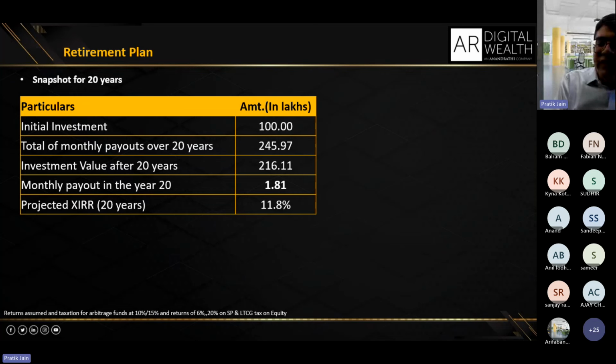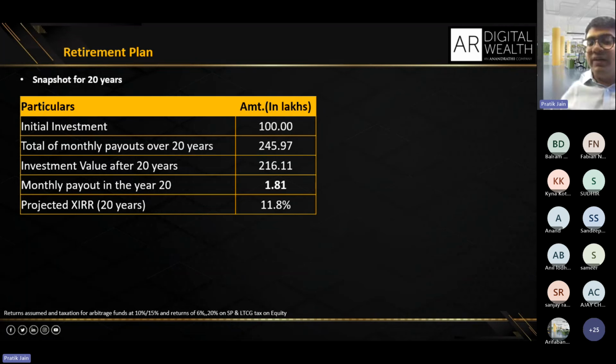Even after withdrawing 2 crore 45 lakhs, investment value उसकी कितनी है 20 साल के बाद? 2 करोड़ 16 लाख, मतलब उसने डाला था 1 करोड़, 20 साल में उसने 2.5 करोड़ कंज्यूम भी किया है, उसके बाद भी 2 करोड़ रुपया आज भी उसके पोर्टफोलियो में वैल्यू है। उसकी मंथली आउटगो इन द 20th ईयर, मतलब स्टार्ट किया 50,000 से, बट मंथली आउटगो इन द 20th ईयर इज 1,81,000, मतलब हर महीने वो 1,81,000 निकाल रहा है। Even after that his portfolio value is 2 crores, his pay out over the first 20 years is 2 crore 45 lakhs, मतलब ये सब निकालने के बाद